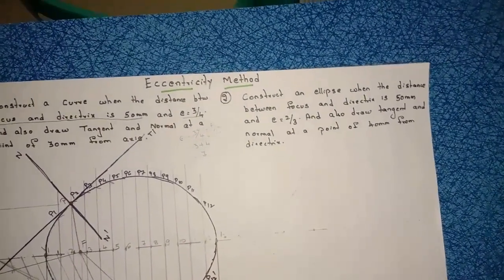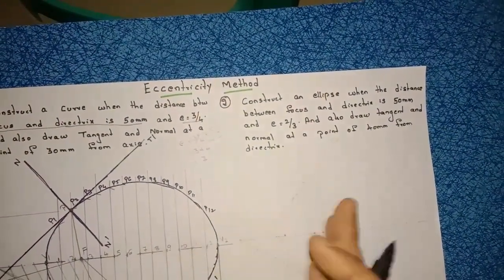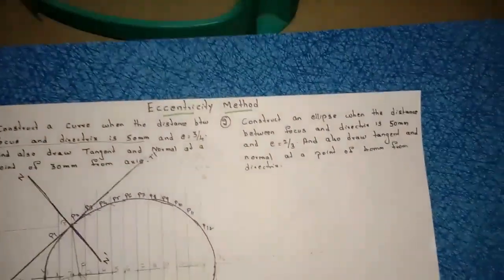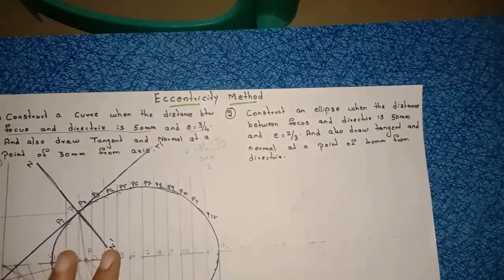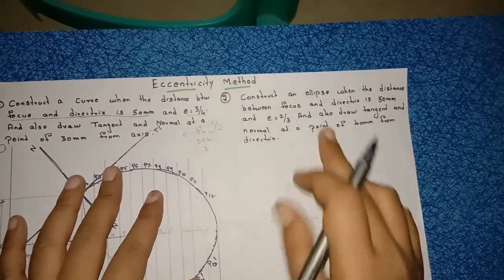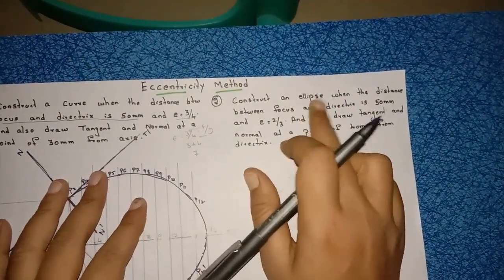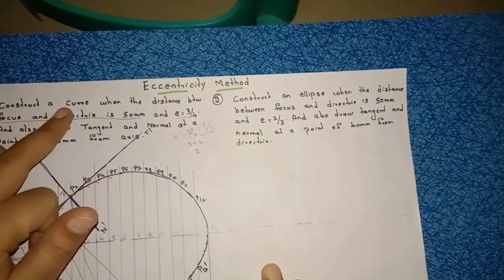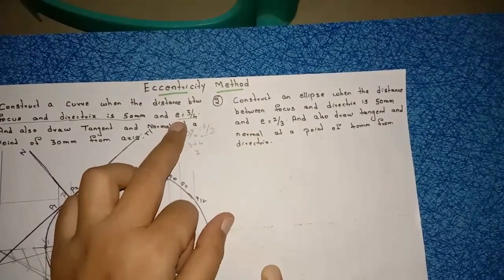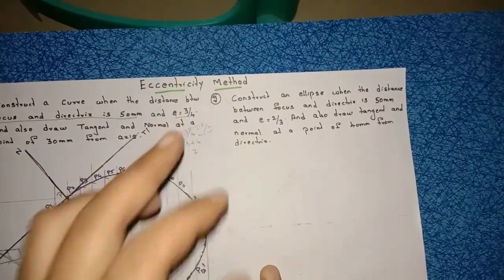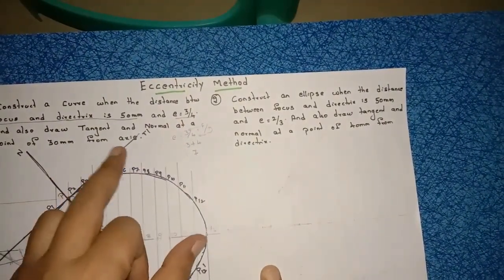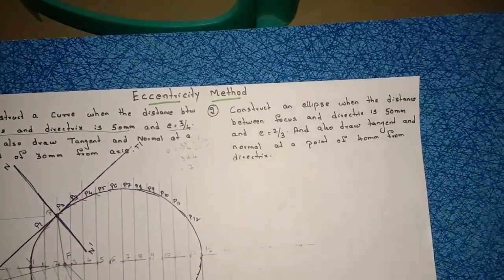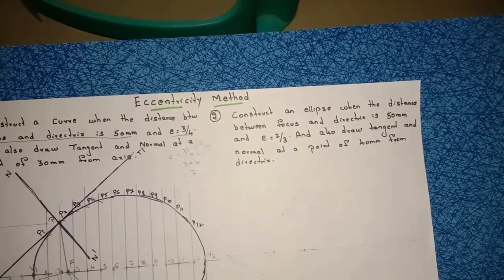So from an exam point of view, these are the two different types of questions they will mention. Not only the same questions, but you have to be very clear what they mention in the question. If they mention the ellipse directly, you can draw the ellipse, right? But if they mention it indirectly, you have to see the E value, right? And next is tangent and normal. You have to check from where to draw, from axis or from directrix, right?